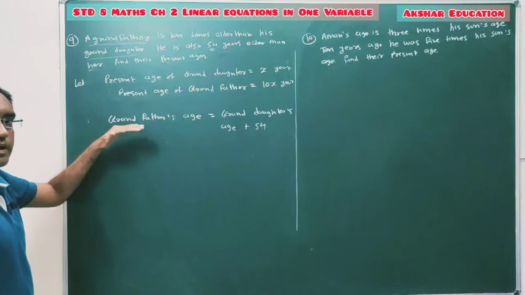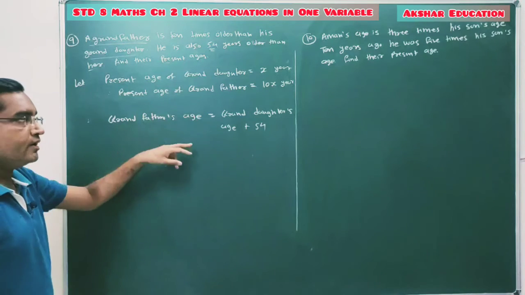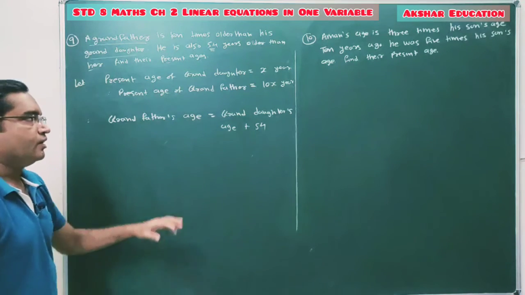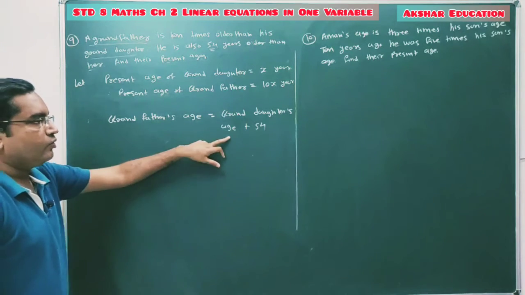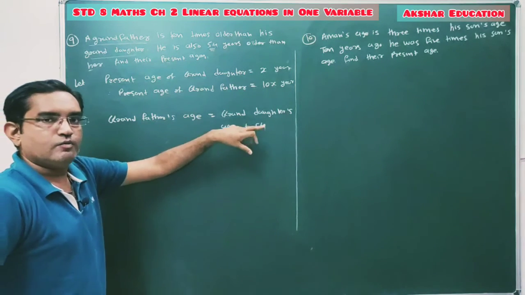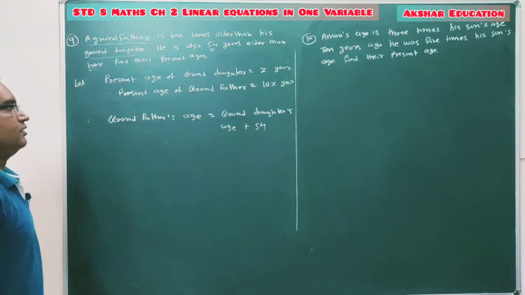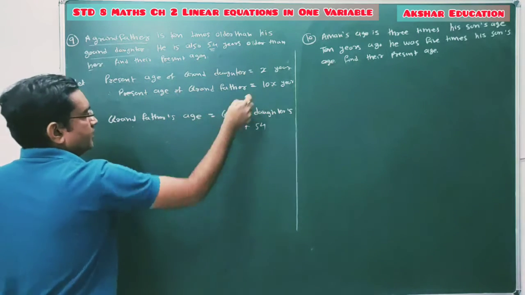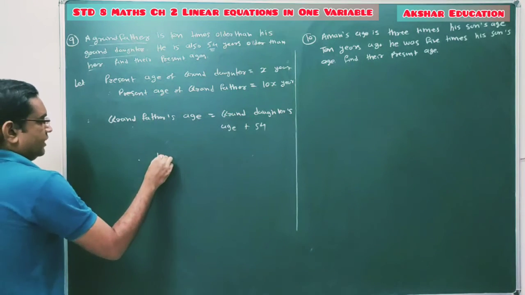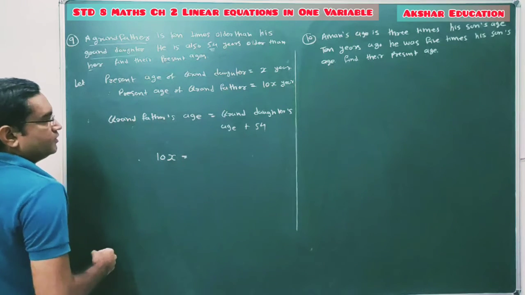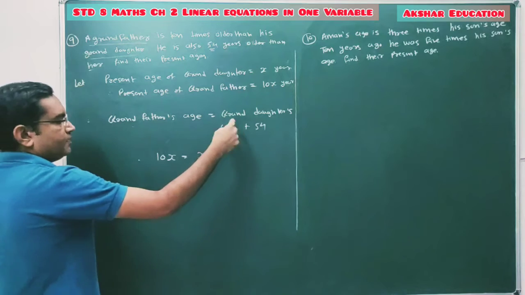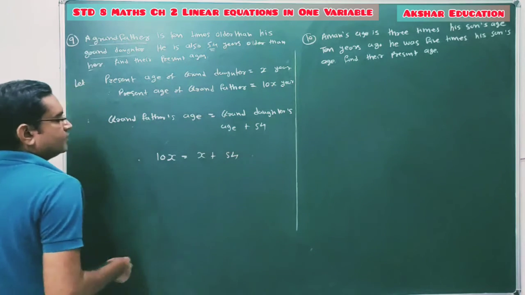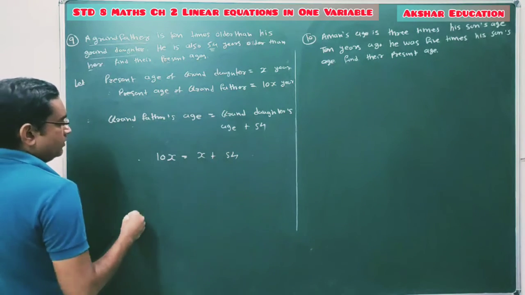That means the age of grandfather is 54 more than the age of granddaughter. है ना, ये ज़्यादा है. So to make both the ages equal, we have to add 54 in the age of granddaughter. Clear? Now what is the grandfather's age? It is 10x. So grandfather is 10x years old and granddaughter is x years old plus his age is 54 more than. So now both the ages are equal.